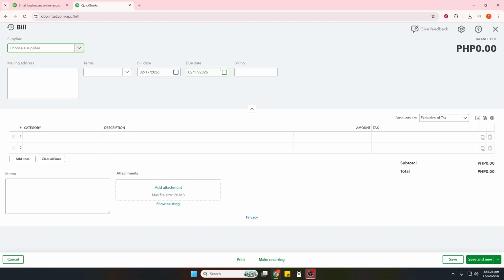If the business reimburses you later, record the deposit. Go to New, then Bank Deposit. Deposit to your owner's personal funds or the bank account receiving the money. Set Receive From to Owner. Choose the account